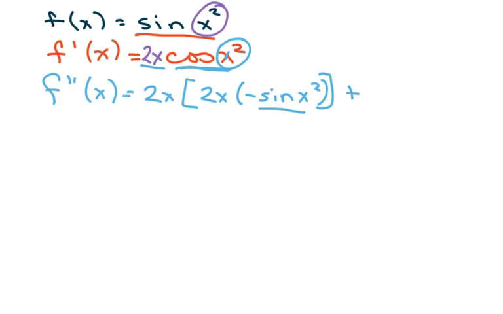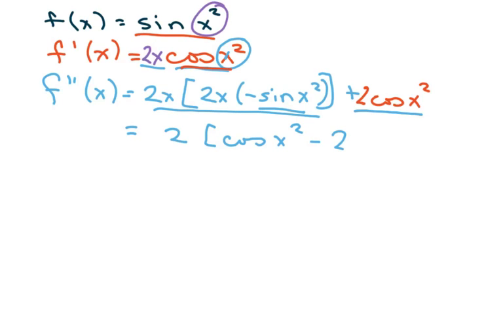Then you add the second part. You're going to copy the second function down times the derivative of the first, which is just 2. And I'd like to put the 2 in front on this line. And then we can clean this up a little bit. This would be 2 times, I'm just going to put him in front, 2 times cosine x squared minus 2, and I'm taking care of this part now, minus 2x squared